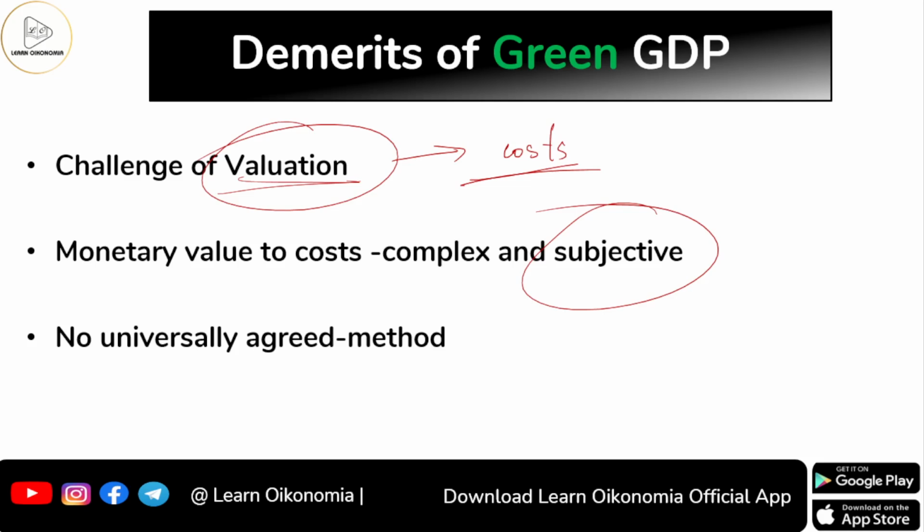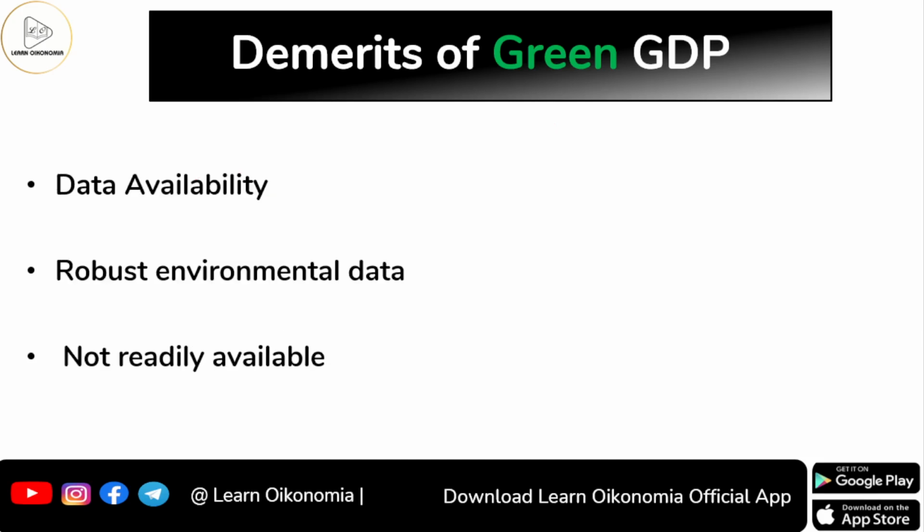And also, you could find that there is no universally accepted method for calculating green GDP. Every country will be coming with a certain measure. The UN would be coming with its own way of explaining, its own method of calculating green GDP. But unfortunately, we do not have a universally accepted unique method to look at the calculation of green GDP. And this is another problem that we are having here. Definitely, these all will be creating some issues when it comes to the valuation of green GDP.